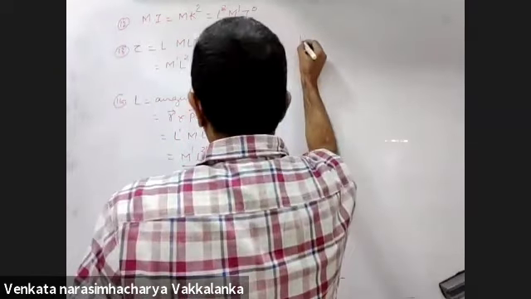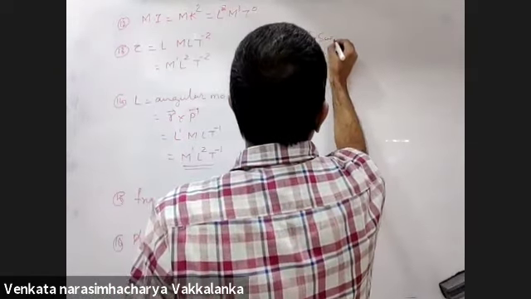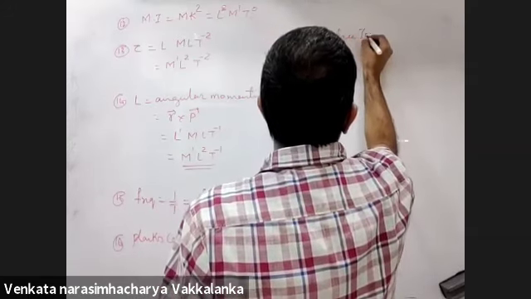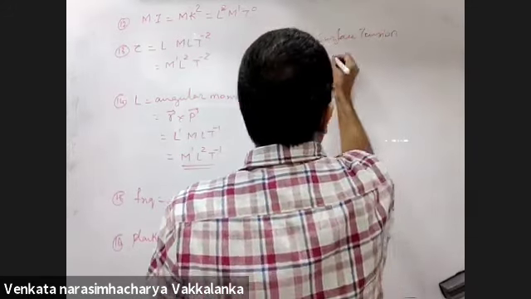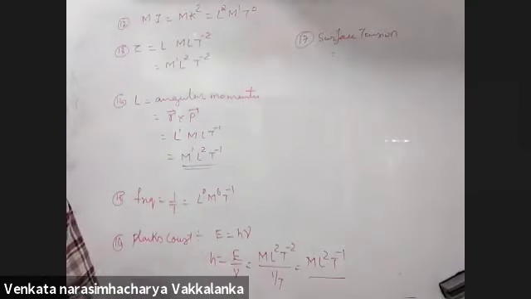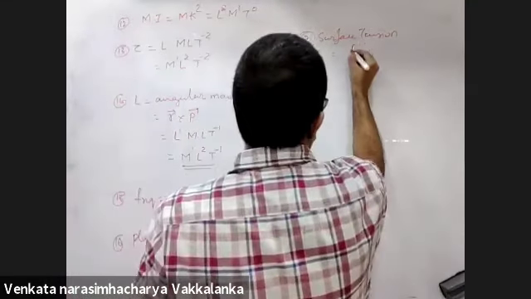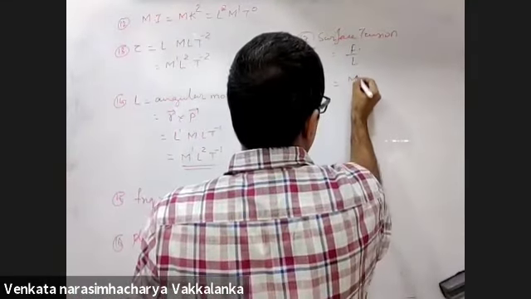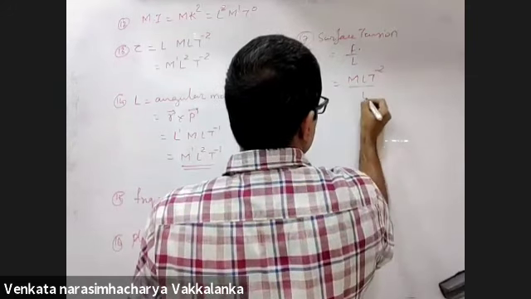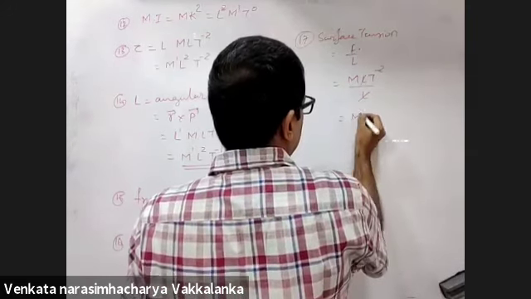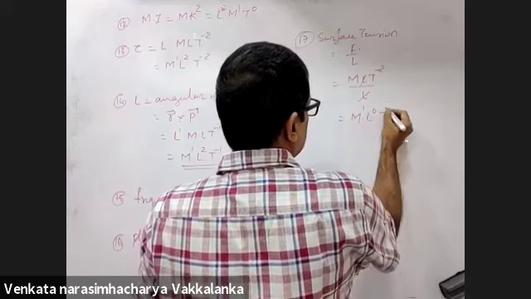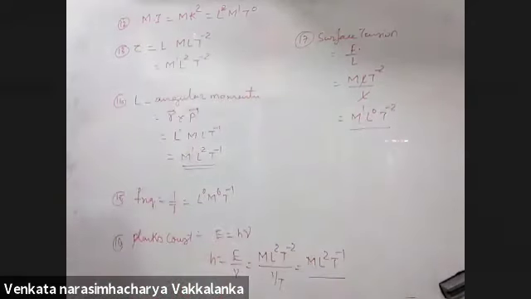Surface tension. L to the power 1, M to the power 1, T to the power minus 2. Right, force per unit length. M L T to the power minus 2 by L. M L to the power 0 T to the power minus 2. So the surface tension is a force, right? Force per unit length. Surface tension is force per unit length.